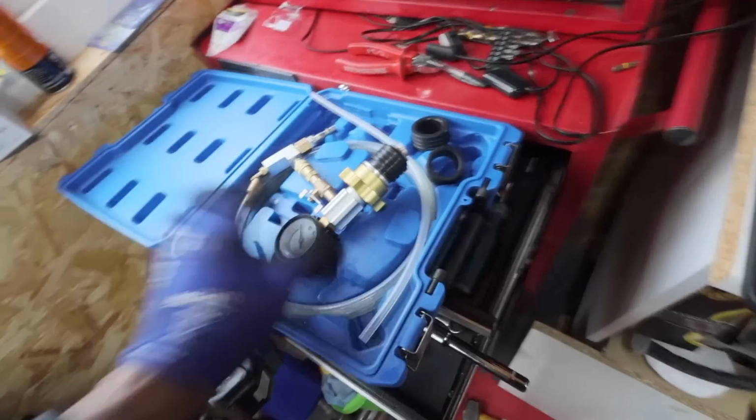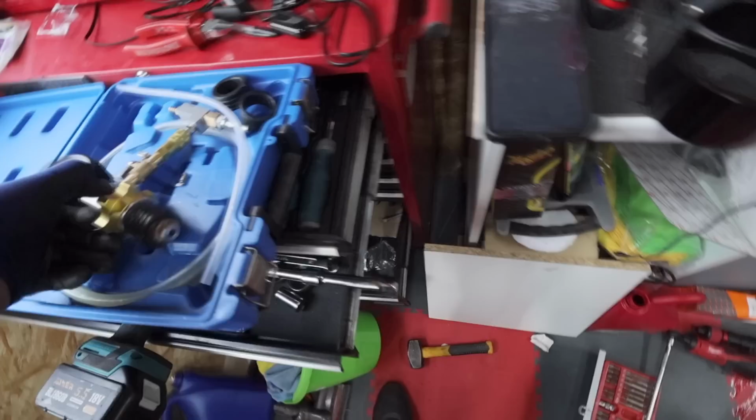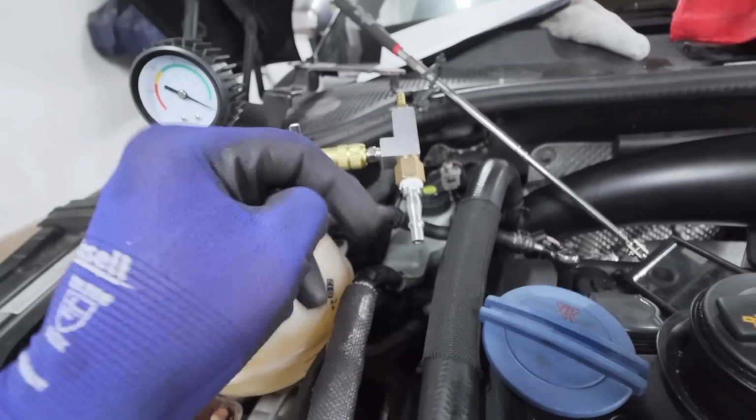Here we go. Right, so here's the kit. Literally this goes into here like so. Then we attach an air line to this. We suck all the air out of the system, and then what we're looking for on this hose here, we're